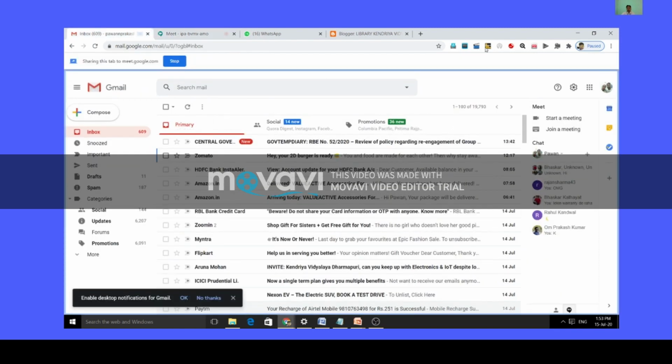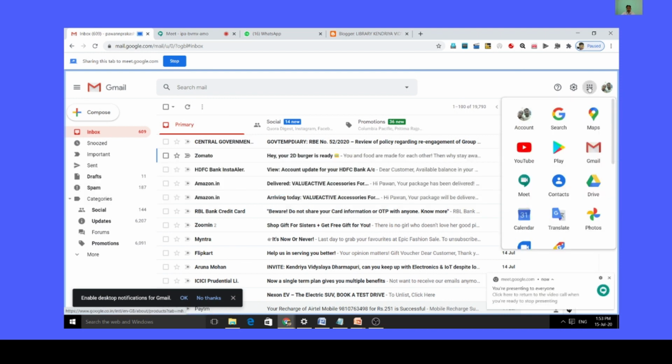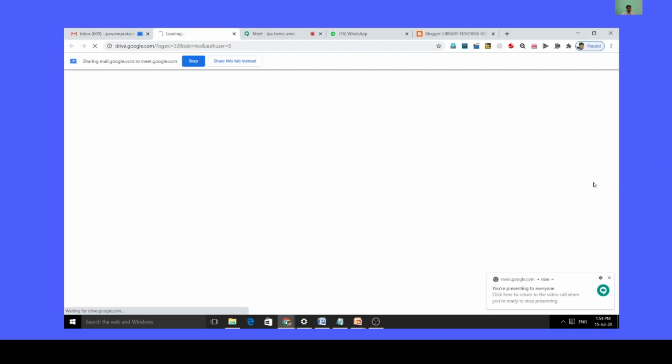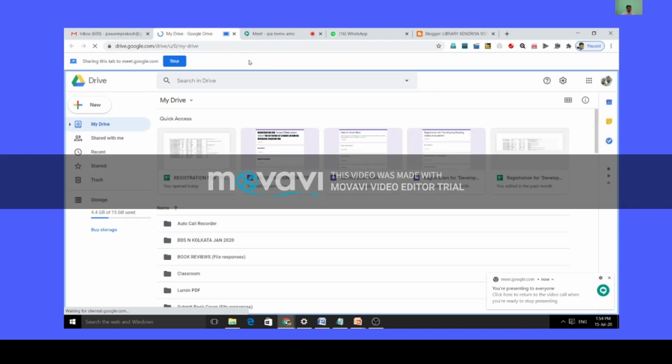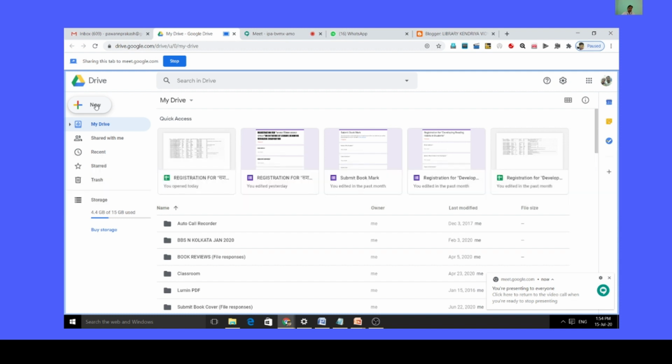So guys, just see the 9 dots. We'll click on this. You are able to see these tools. You can click on the Google Drive. Once you click on the Google Drive, this page will open like this. So you can upload any heavy file here. You will click on the new at the top left corner.